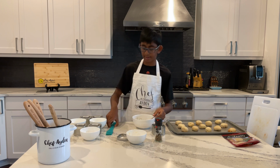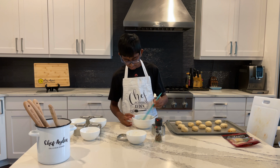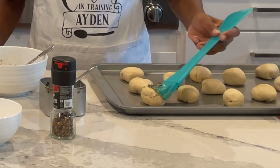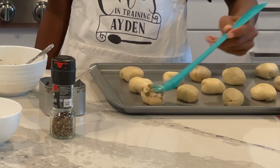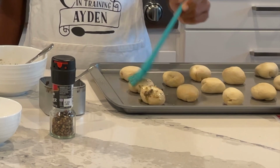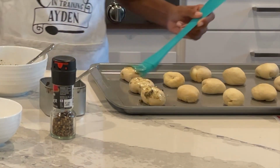So I'm gonna take my brush. Remember this from my scones video. Okay, I'm gonna just kind of pick this up. You wanna make sure you pick some up as well. And I'm gonna brush it all nice and on top. As you can see, it's all over the top here. Try my best not to get too much onto the cookie sheet, but yeah, just